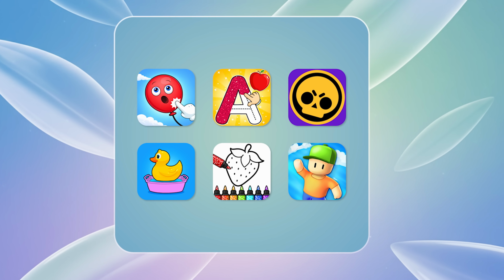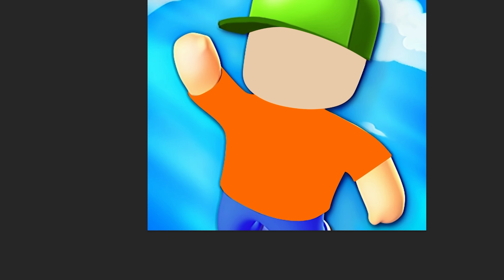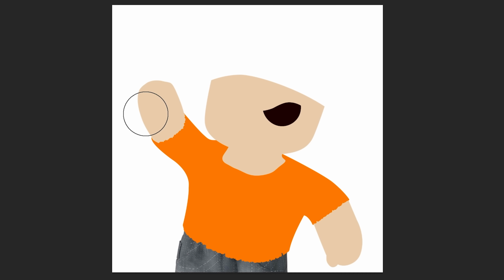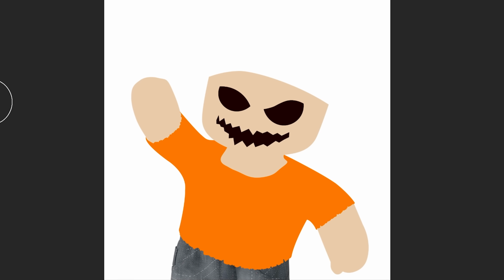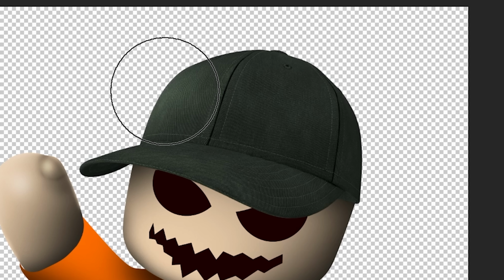Now, for the final icon, Stumble Guys. First, I'll recreate the main shapes for the face, shirt and hands. I'll give him some evil eyes and an evil mouth before shading every layer to look 3D. Then I'll bring in a cap and some jeans and shade them so they match the lighting of the rest